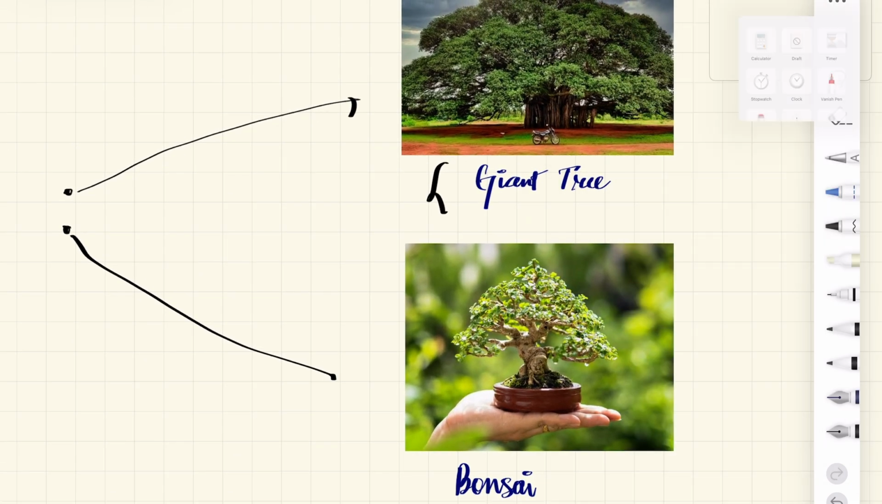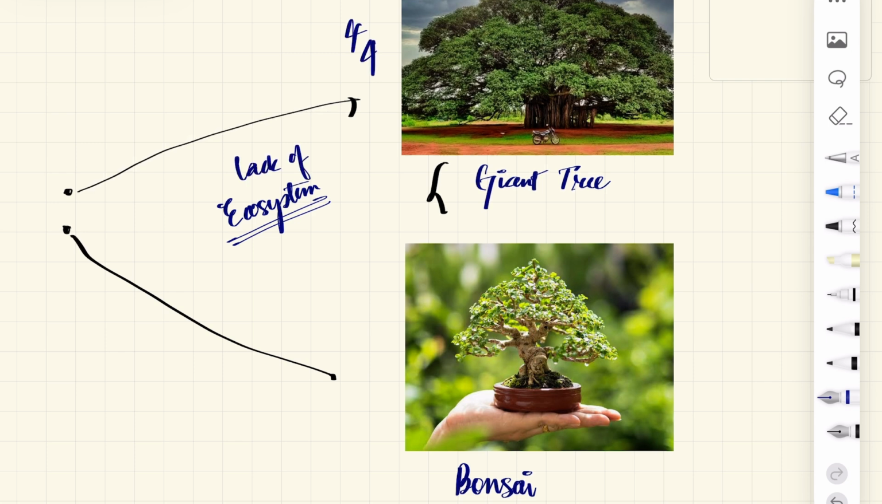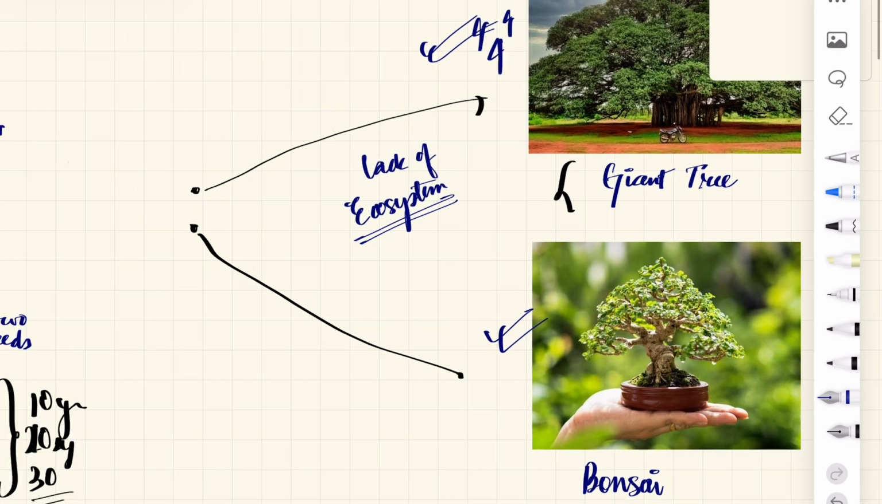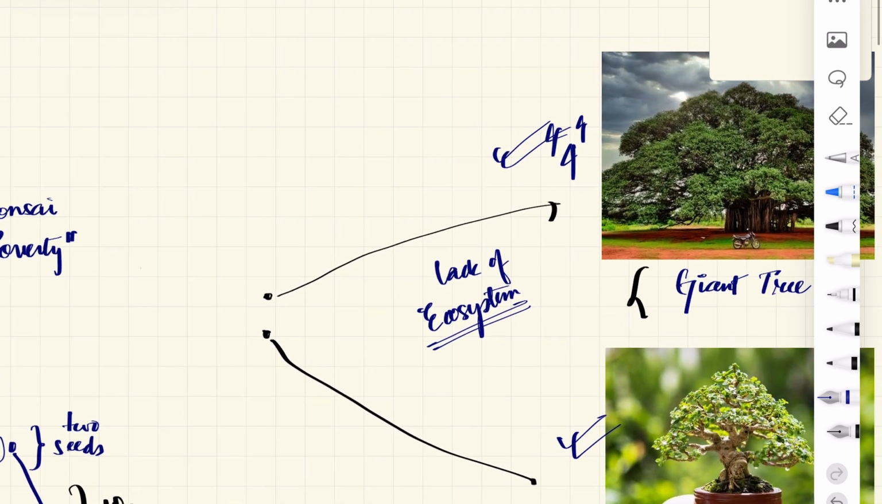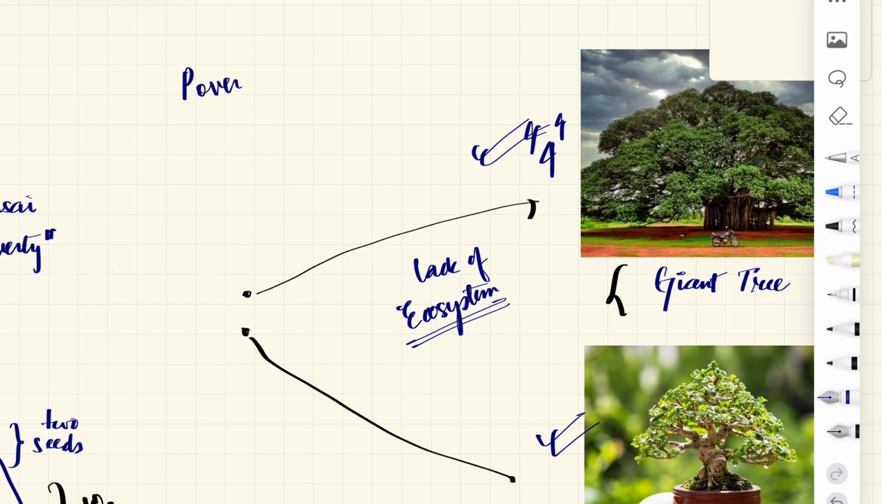The tree is not able to grow properly in the pot, but here it's growing as a giant tree. Why? What is the reason? It's because of the ecosystem. Because of the lack of the ecosystem. Here, the ecosystem is very good. Here, the ecosystem is not good. Whatever the trees and plants require is not fulfilled there, but here it is fulfilled. There's a reason. So how did he compare poverty to a bonsai,